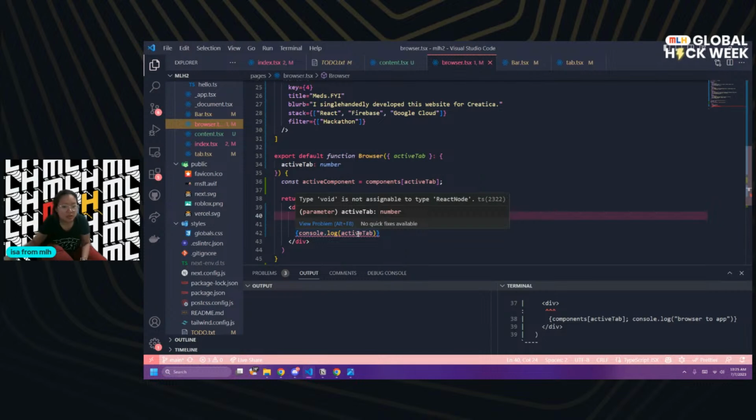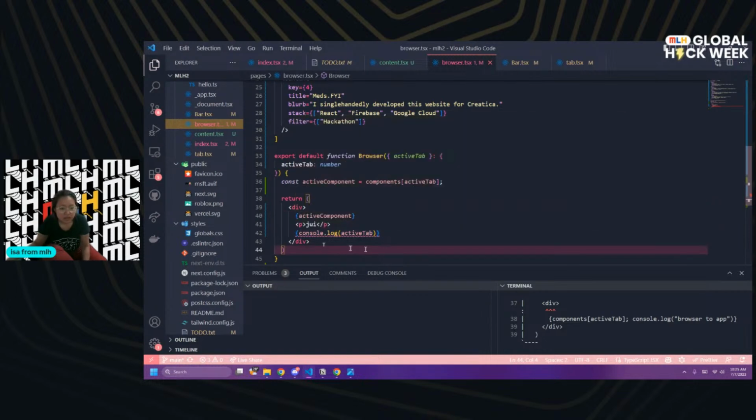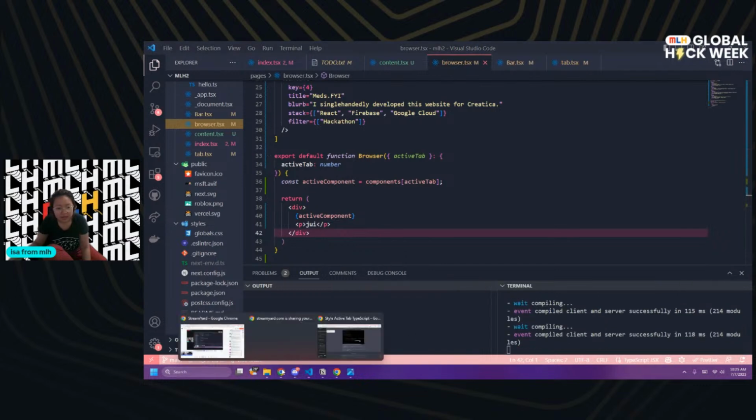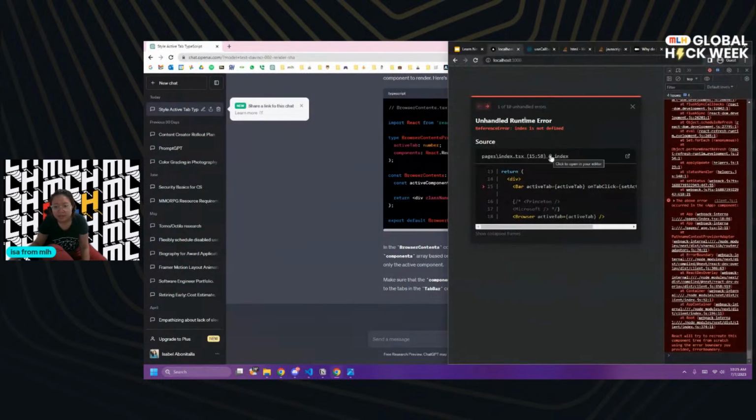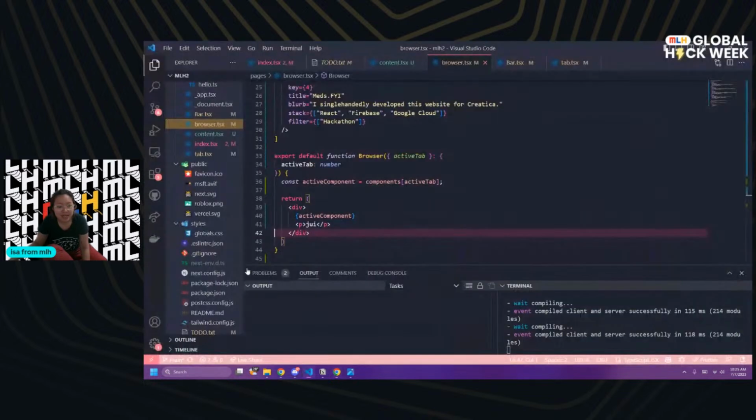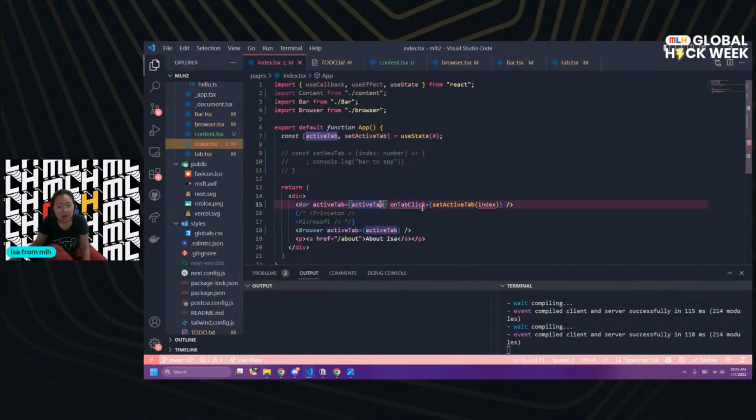Is not assignable. Again. So when I had this, it was fine. No, it was just complaining about a different thing. So I can't console log, but let's try. I see the GUI, and that's one way to debug it. So it's complaining: index is not defined in bar. So if you go to index.tsx and we go to bar, index is not defined because